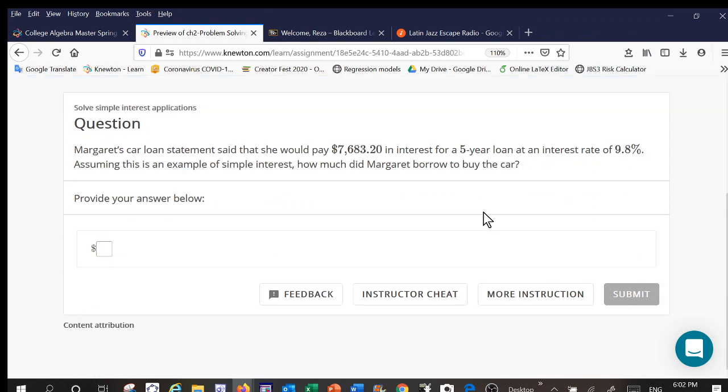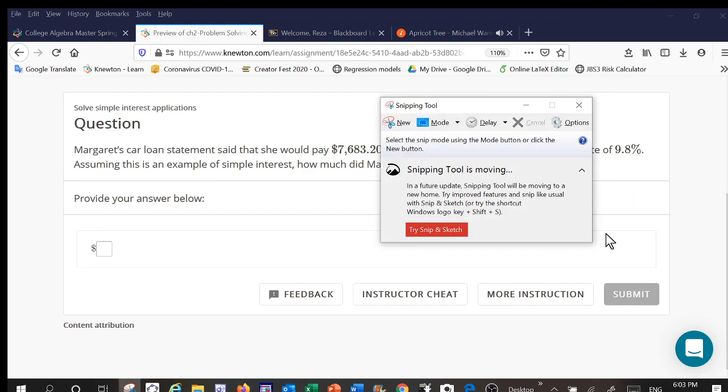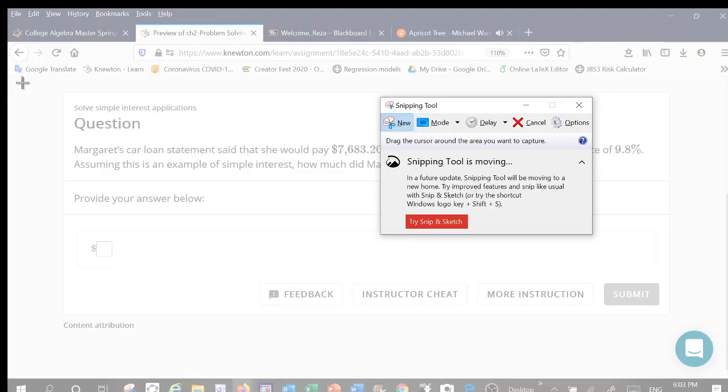All right. Margaret's car loan statement said that she would pay this much in interest for 5 years at an interest rate of 9.8%. Assuming this is an example of simple interest, how much did Margaret borrow to buy the car? Now, a simple interest